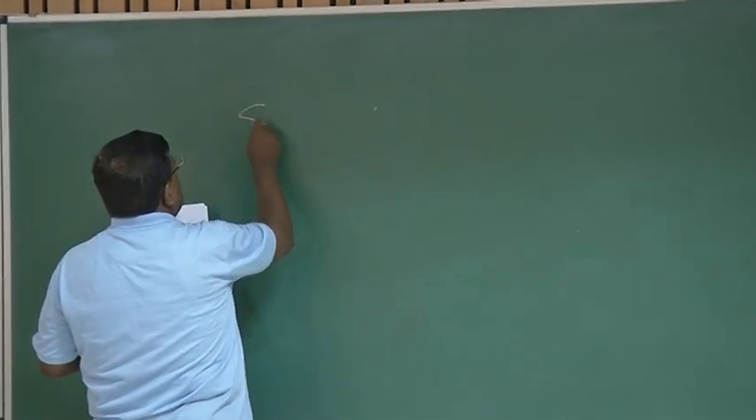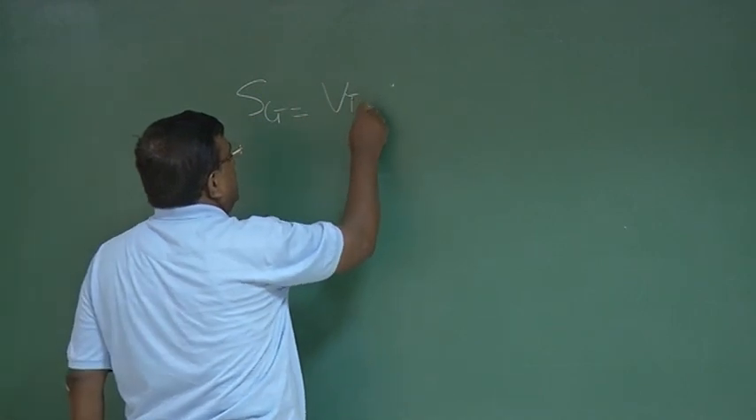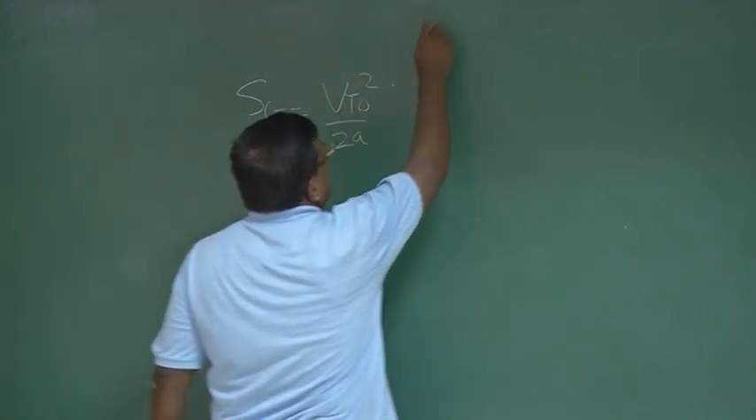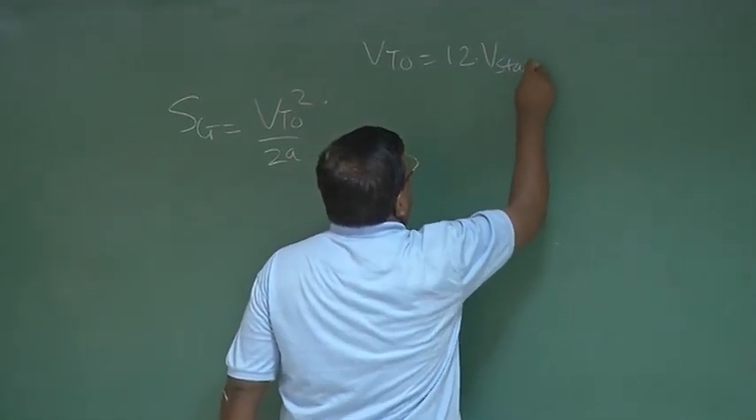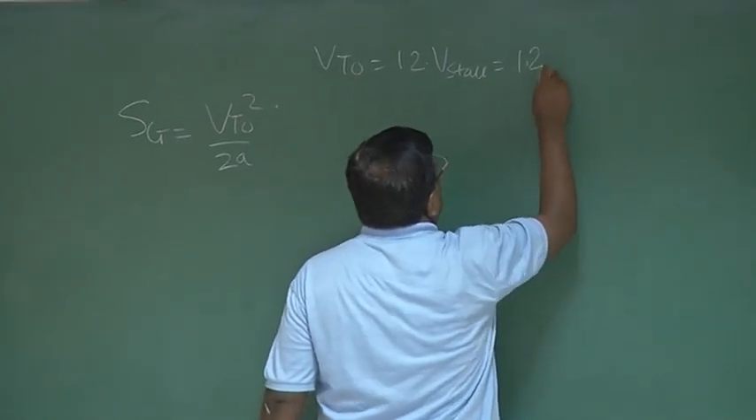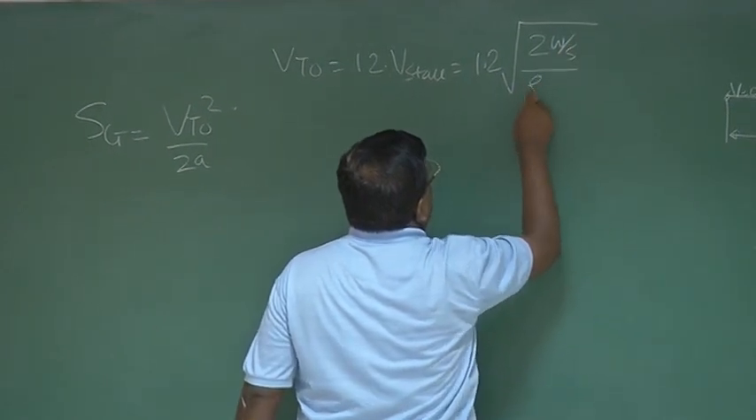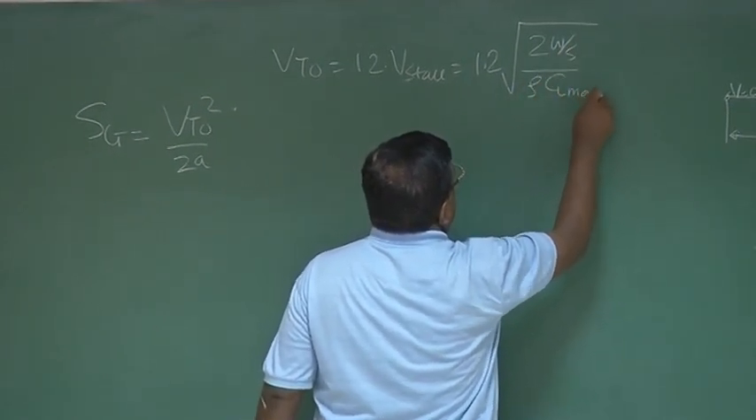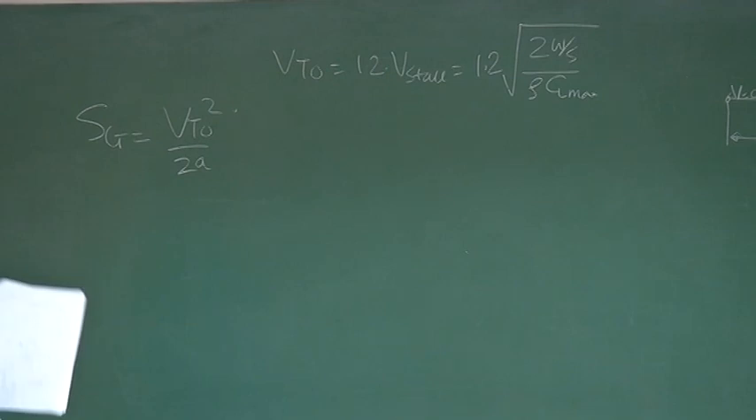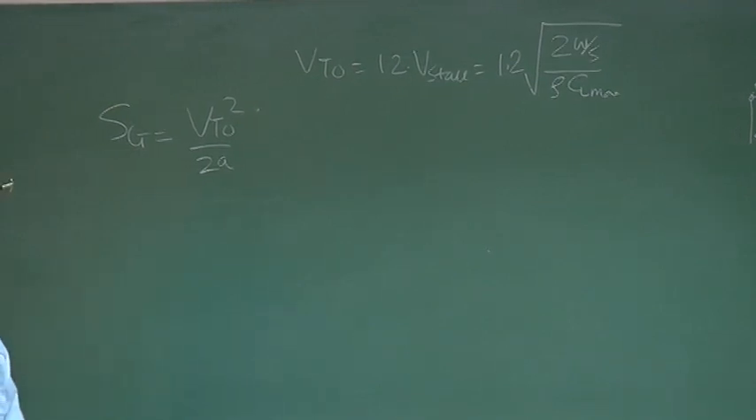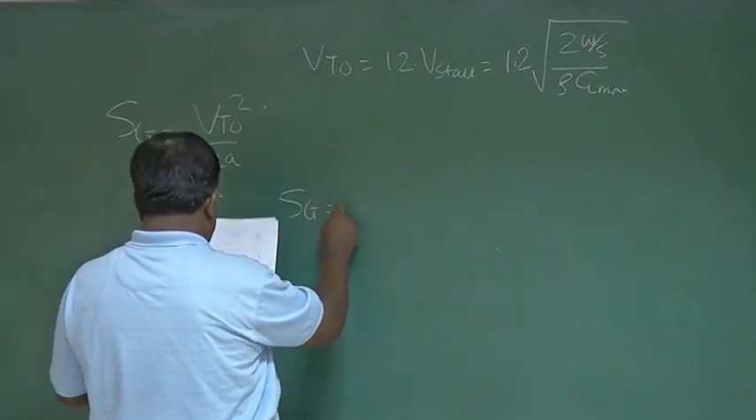Okay? So SG now, once I substitute V takeoff square by 2a, and what was V takeoff? It was 1.2 times V stall. So this 1.2 times V stall was 2 W by S rho CL max. So if I now put it here, what will happen? I'll just get an expression SG equal to, let me write the expression,